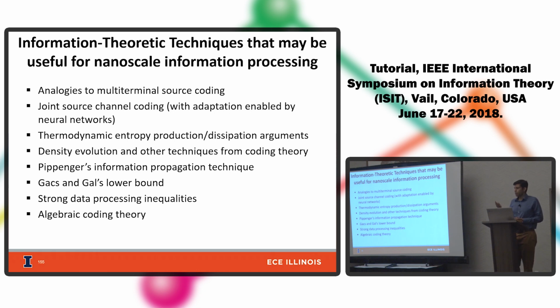Okay, so just to summarize, we've argued that a lot of techniques from information theory are actually useful for characterizing and optimizing nanoscale information processing, whether it was multi-terminal source coding analogies, joint source channel coding with neural networks,